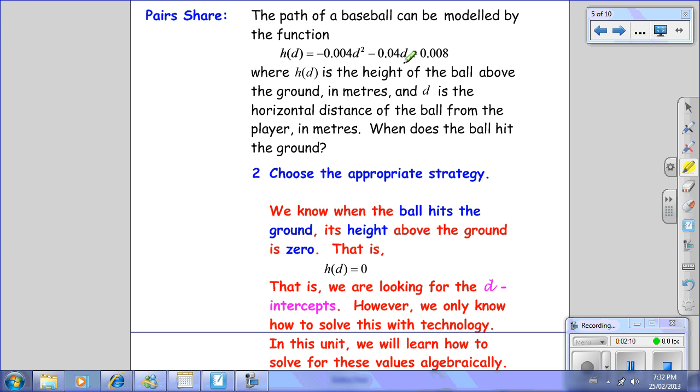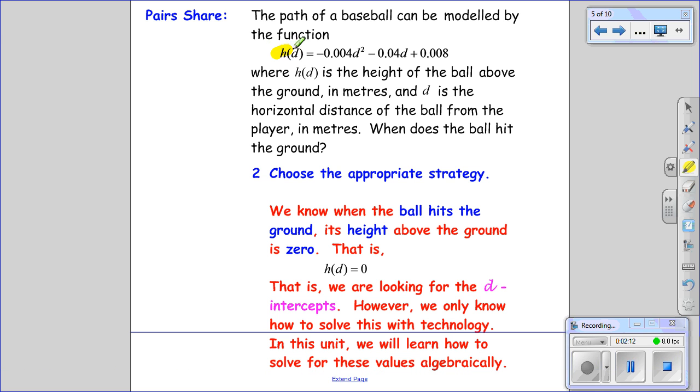Well, to me, that's just a bunch of jumbled mess until I think about what the question's telling me and read it through again. So we're going to do our 3-2-1 strategy. We've got our equation. h of d is the height of the ball above the ground, and it's in meters. d is the horizontal distance of the ball from the player, and they want to know when the ball hits the